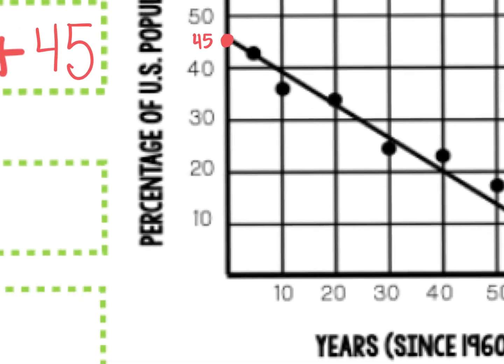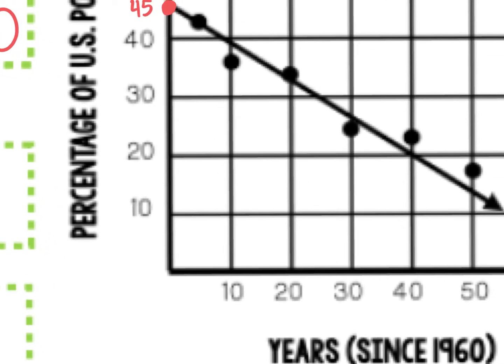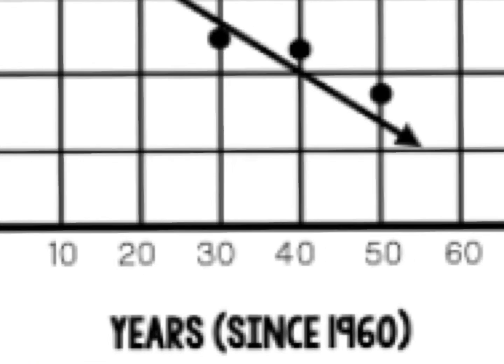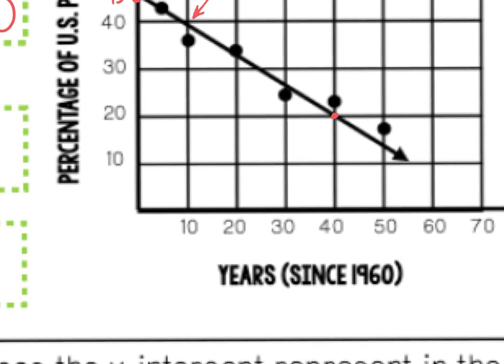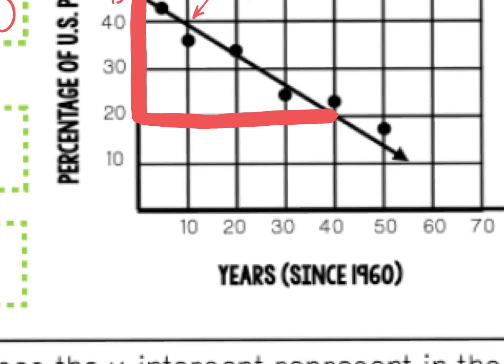Now we have to find the slope. We're going to find 2 points. Notice this does not go through the line. That is not a point we can use. If you look down here, you can see this point does go through the line. So those are the points I'm going to use, the y-intercept and the second point that I just identified. If I draw my slope triangle from here to here, now I can count rise over